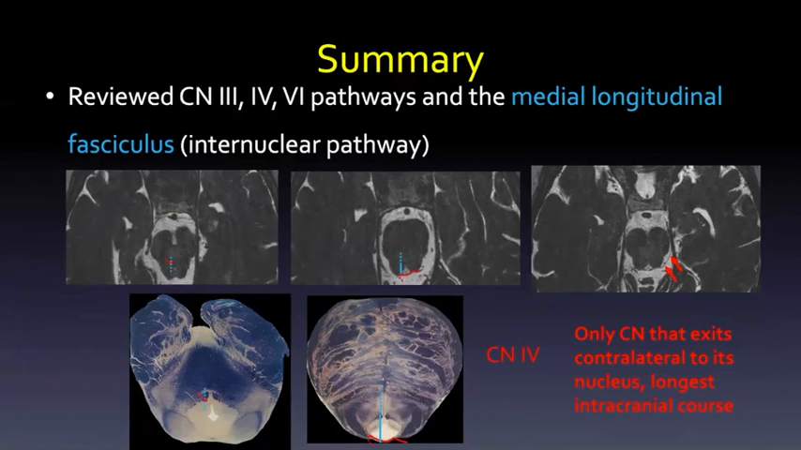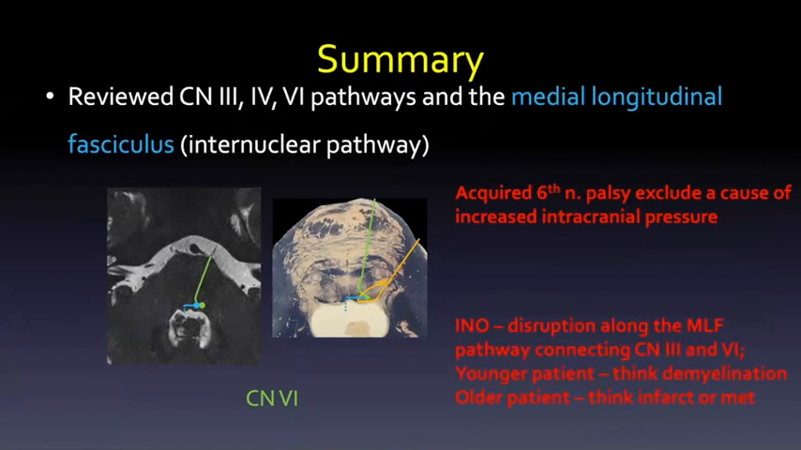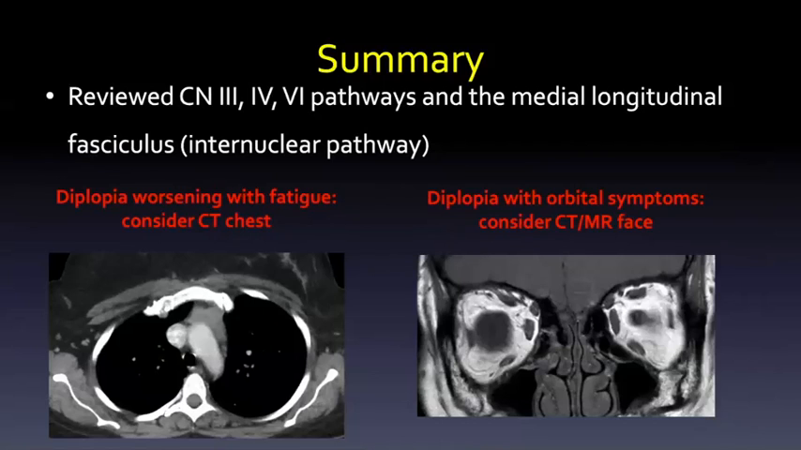Try your best to follow the course and use the trochlear groove and cistern as helpful landmarks of the tentorial segments. In cranial nerve 6, remember to consider causes of increased intracranial pressure as a cause for an acquired sixth nerve palsy. And in INO, think about demyelinating disease in young patients and infarct or metastasis in older patients. A patient with diplopia worsening with fatigue warrants a CT chest to look for a commonly associated thymic lesion and ocular myasthenia gravis. And for diplopia with orbital symptoms not tracking to a particular cranial nerve, consider a CT or